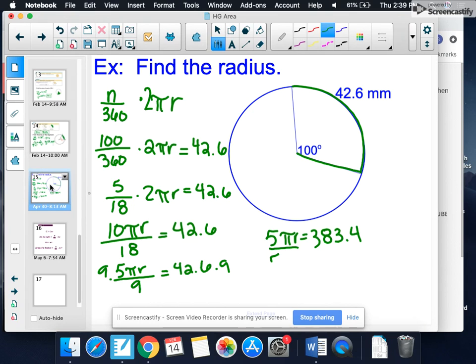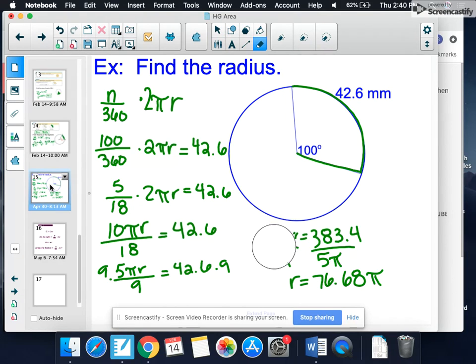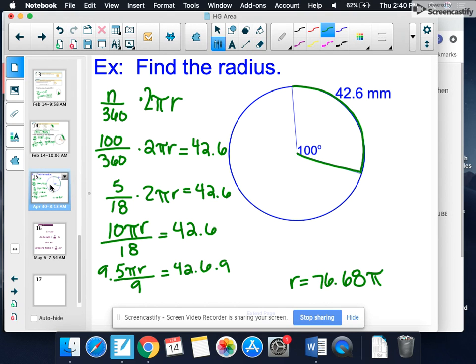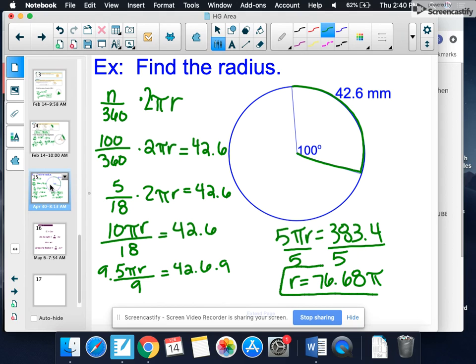And then I'm going to divide by 5 pi. So then my radius will equal about 76.68 pi. So I'm not going to divide by pi. So we're just going to divide by 5 and leave the pi in our answer. So if it's in terms of pi, then it'll be 76.68 pi as our final